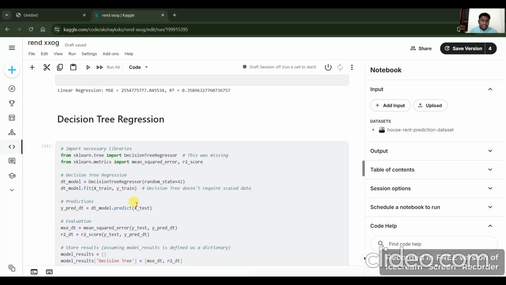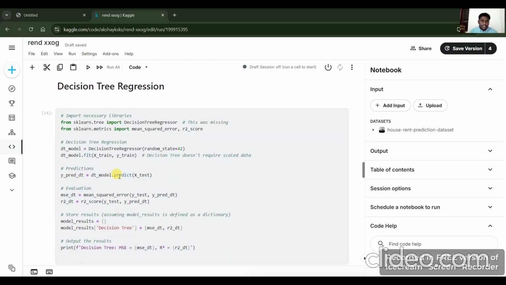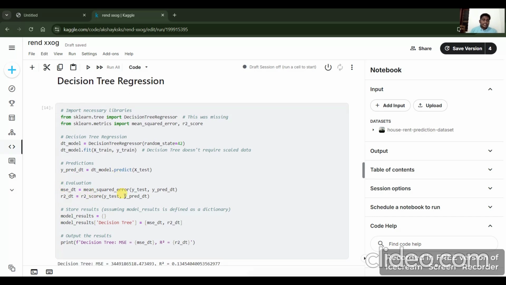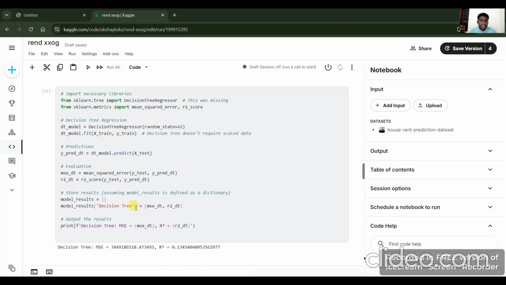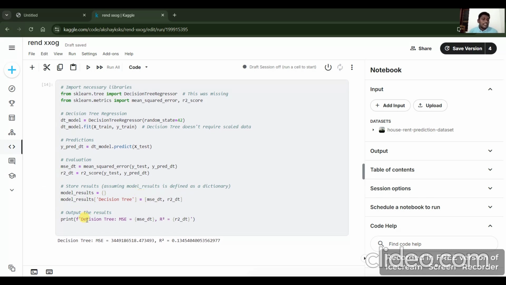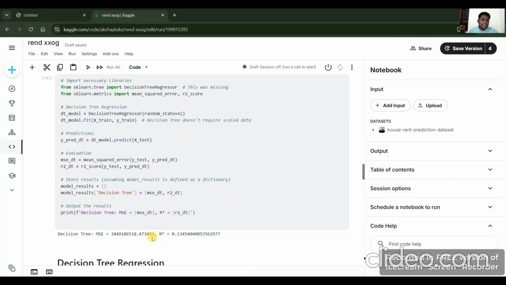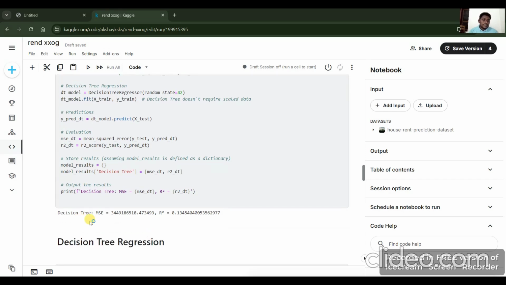Imported, then predict the model, then evaluation, mean square error predicting, then store the result, assuming model_results is defined as a dictionary, then model_results decision tree. The decision tree code we will input, and after that the output is decision tree